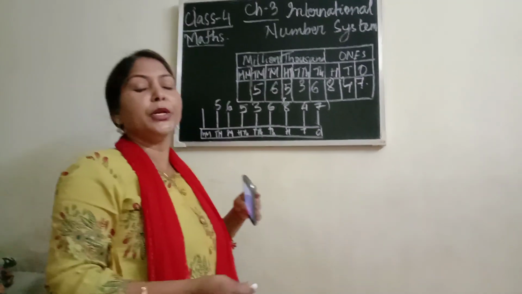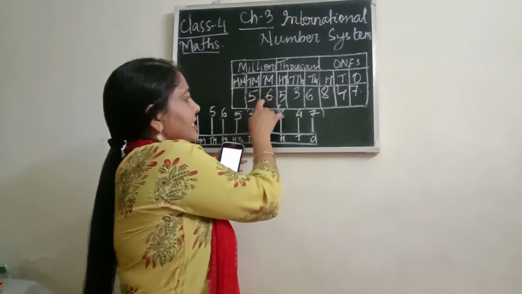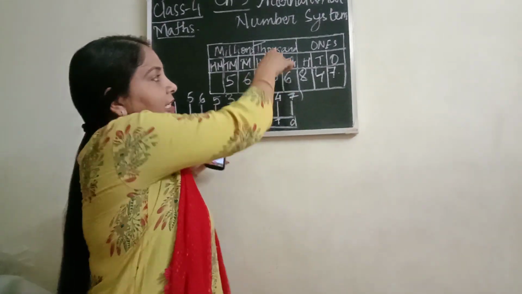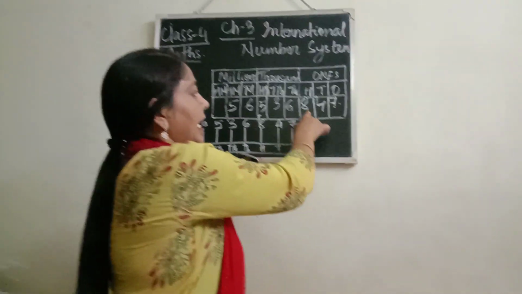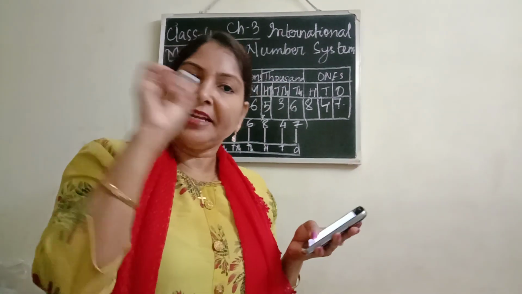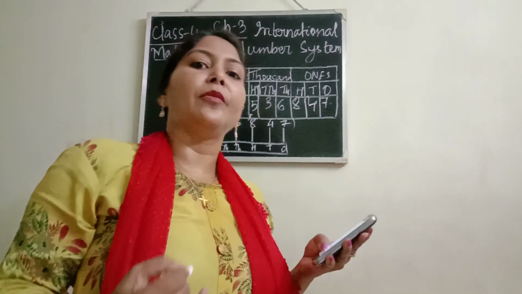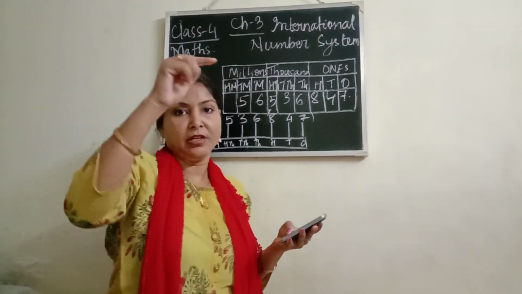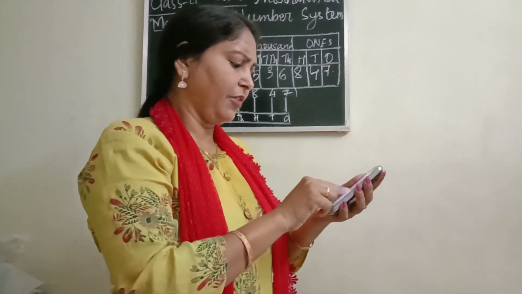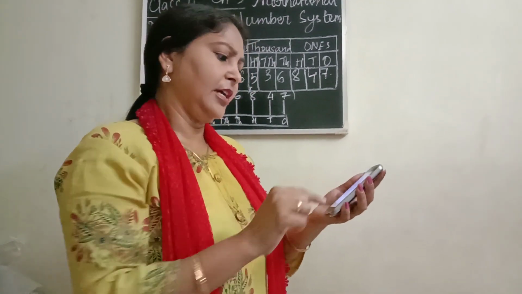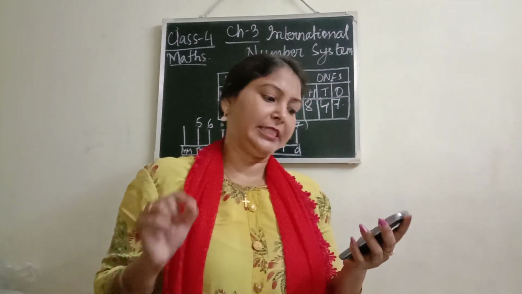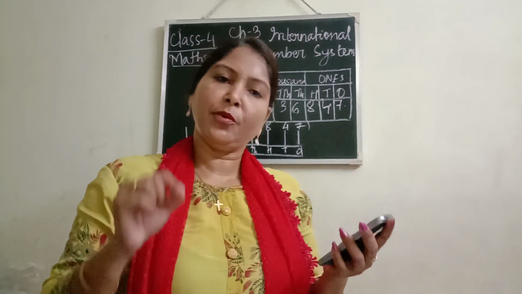Then how are we going to read this number? We will read this number as 56 millions, 536,847. So like this we will write the number, and also we will write the number name for each abacus. You see, there are near about 6 questions. So you will do them in the book itself. You don't have to do it in the copy, you will do it in the book.